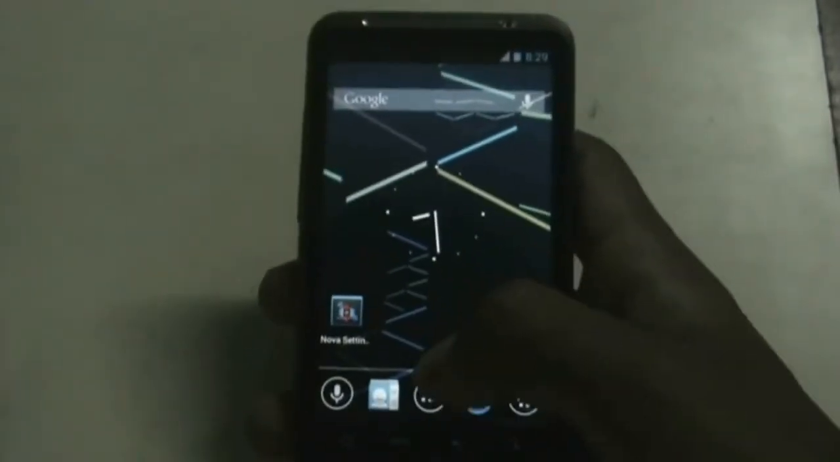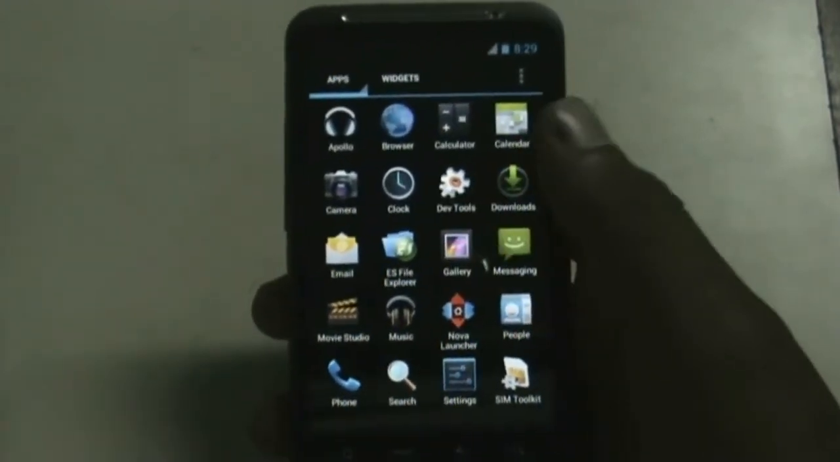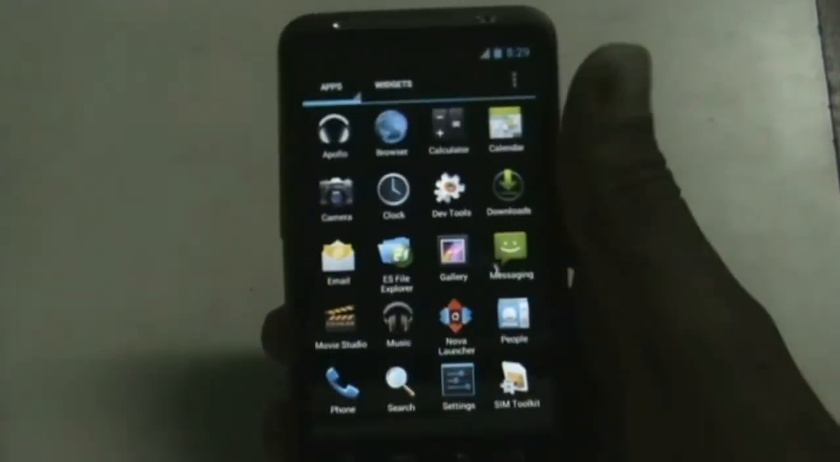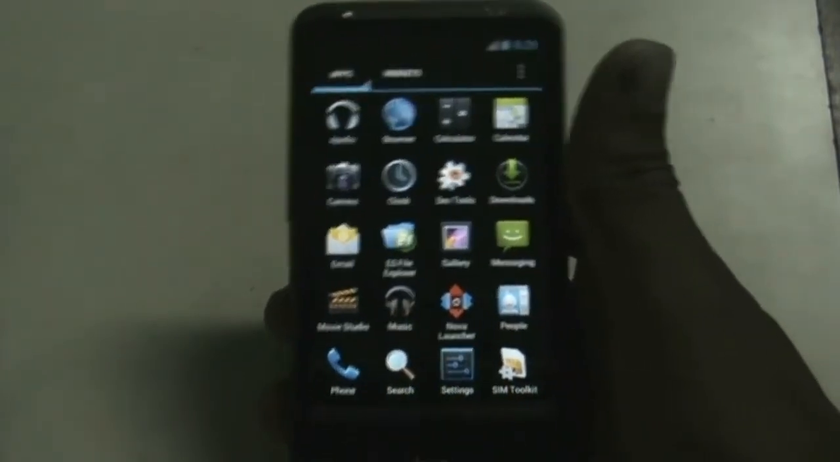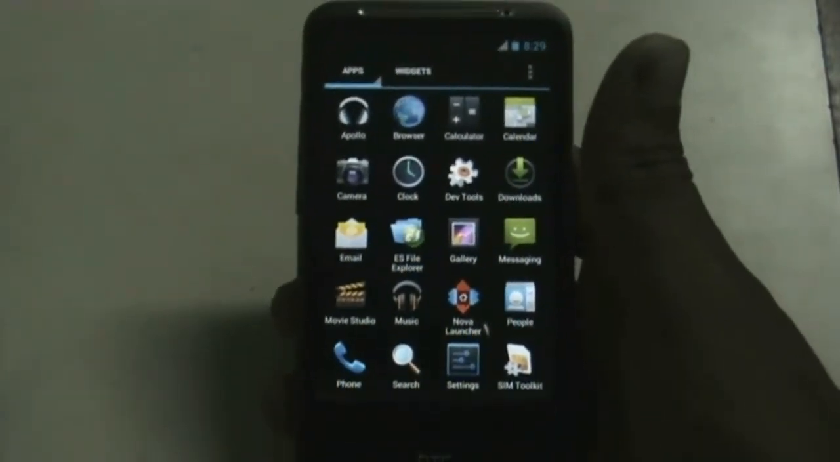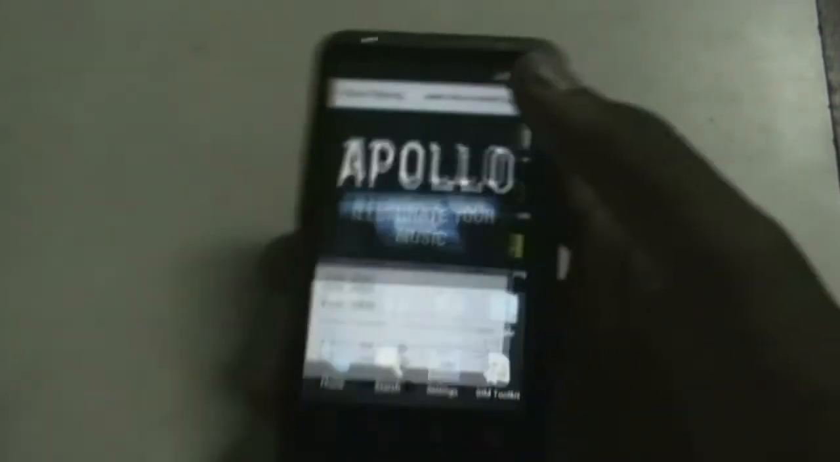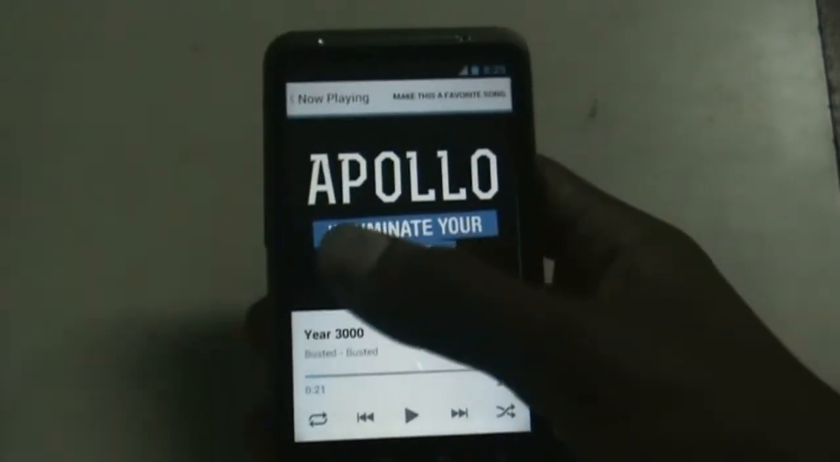Now let's just go to the app drawer. So you get different useful apps like ES File Manager, Super User, Touch pre-installed in this ROM. The GApps doesn't come pre-installed, so you have to flash the gapps.zip like you flash this ROM, and every other thing works perfectly. You get an Apollo music player, which has a different user interface, which is pretty cool, so